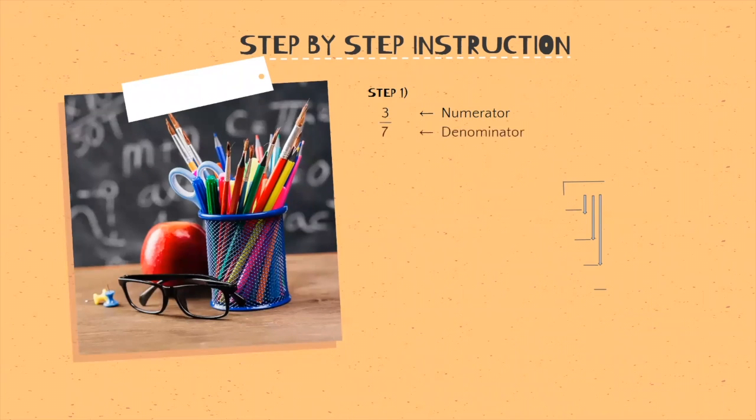Okay, we have 3/7. 3 is our numerator and 7 is our denominator. In step 2, we divide 3 by 7, which is 4,285/10,000, equal to